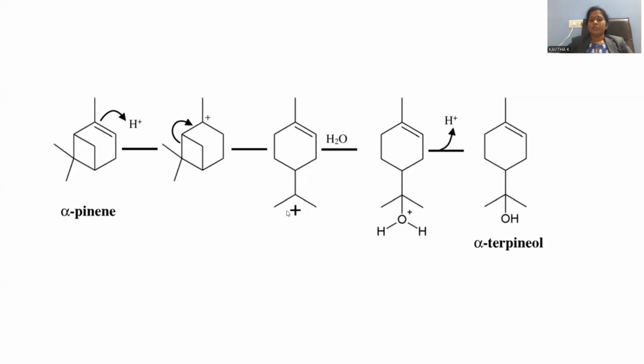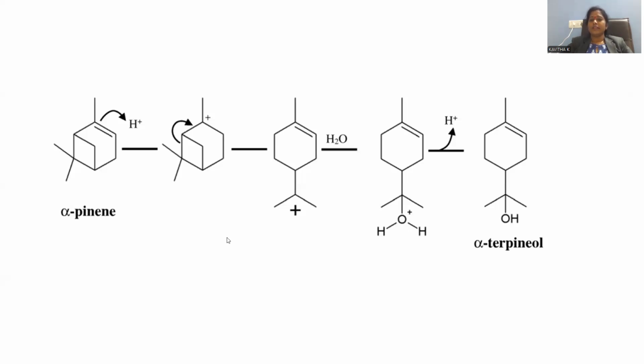The tertiary carbocation generated is further hydrated with water molecules, so that oxygen, which carries two lone pairs of electrons, conveniently gives electrons to this deficient carbon atom, and an oxonium ion is generated. The oxonium ion immediately loses the H+. Whenever H+ is lost, the bonded electrons are retained by the oxygen, so that oxygen retains its two lone pairs and gives this hydroxy functional group. The entire molecule generated is called alpha terpineol. This is the way alpha terpineol will be synthesized starting from alpha pinene.